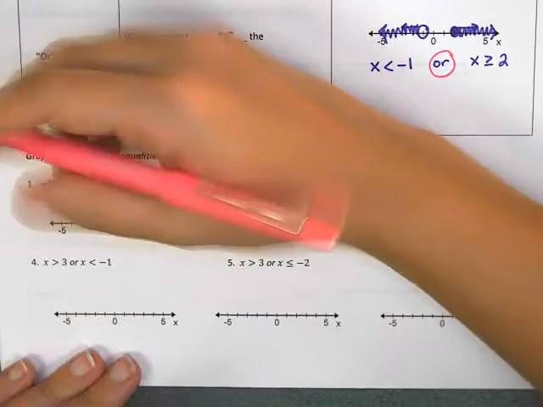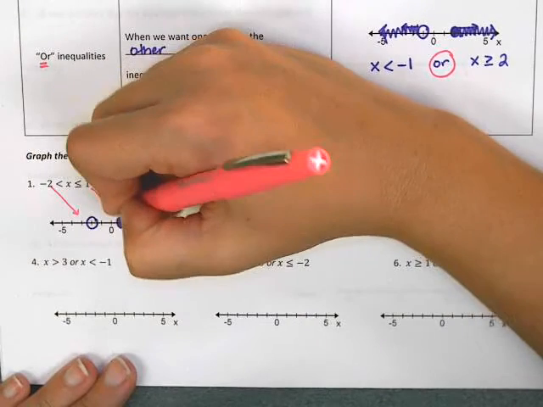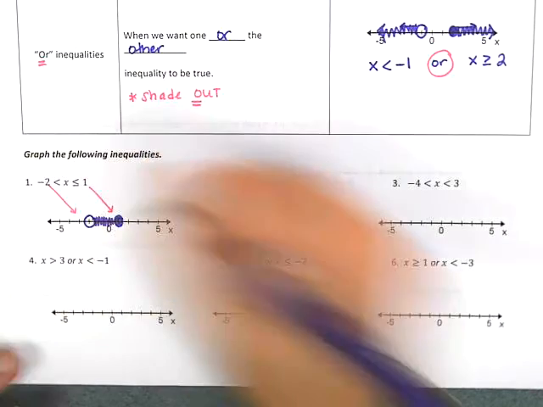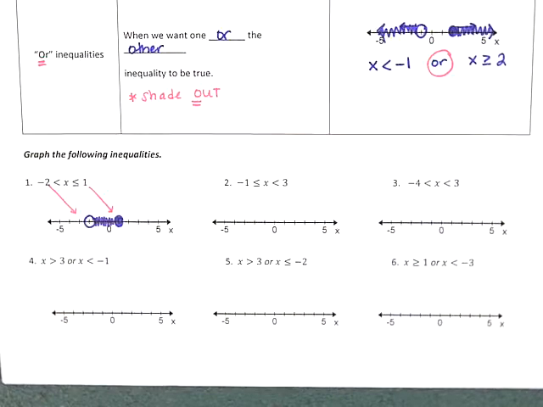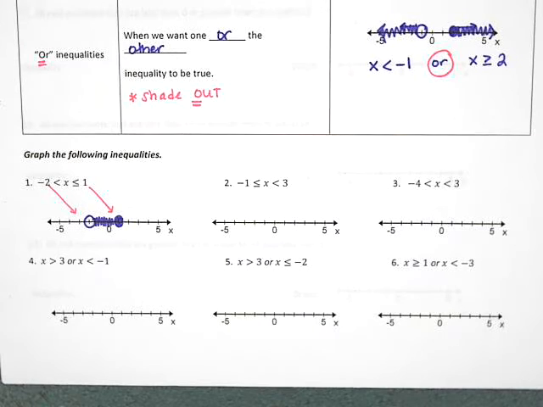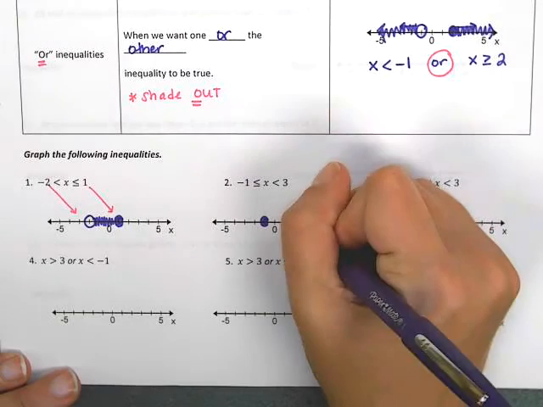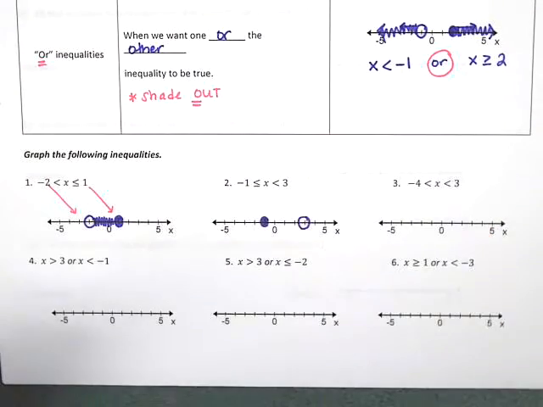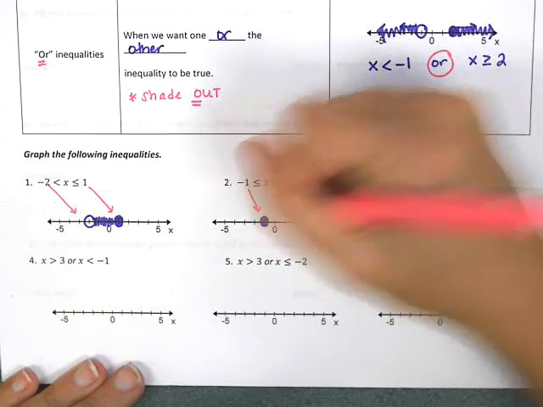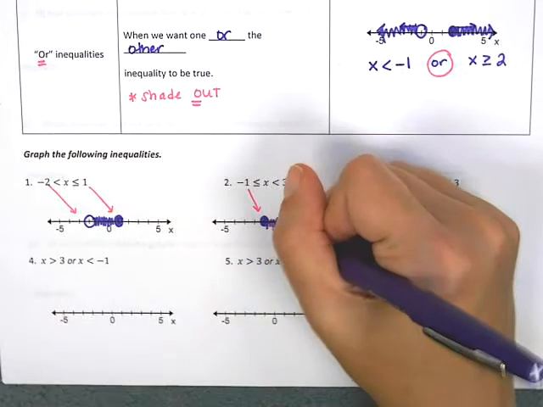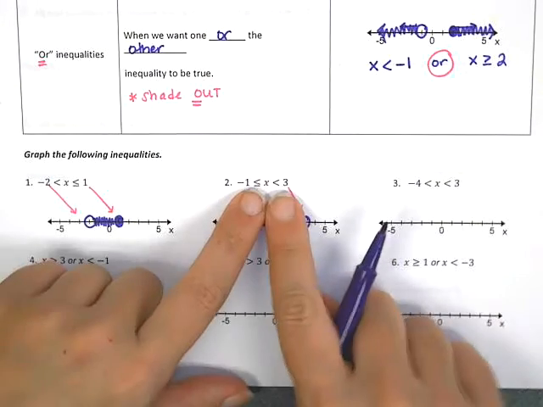So this one and this one. And then I'm going to shade the middle because x is in the middle. It's a sandwich, a less sandwich. All right, number 2, I'm going to go ahead and put a closed circle on the -1. I'm going to put an open circle on the +3 because the -1 has an equal to and the 3 doesn't. And I'm going to shade in the middle because it's a less